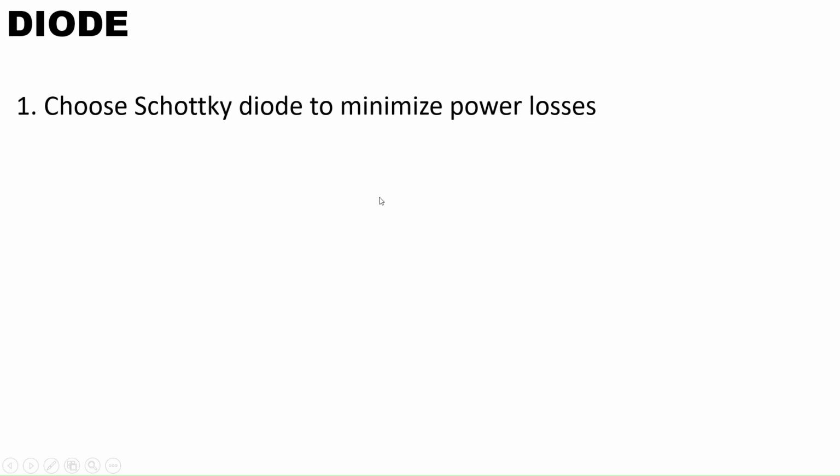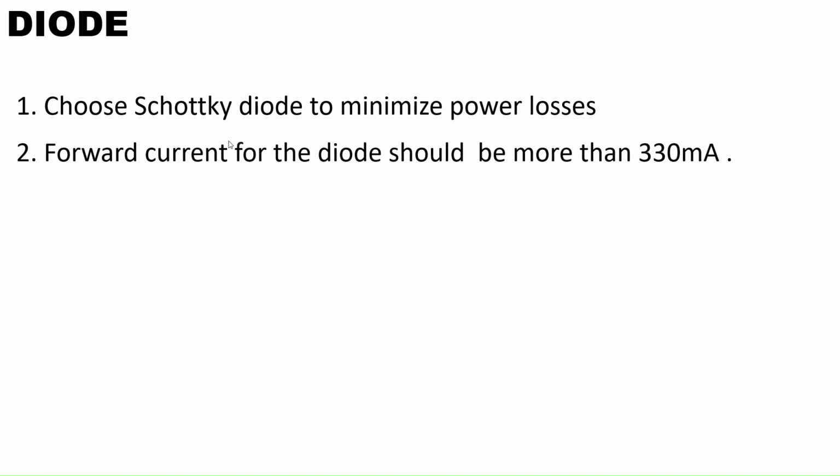Now we are going to discuss another part, which is the diode. Usually we use a Schottky diode to reduce the power losses in the circuit, because the forward voltage of the Schottky diode is very low compared to a normal diode. So we are going to use the Schottky diode in the boost circuit, and we have to consider the